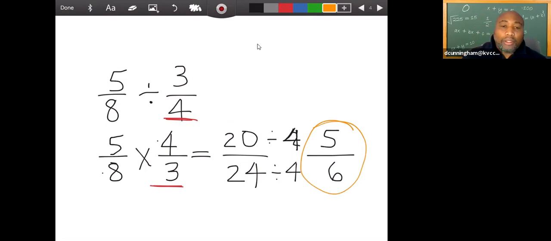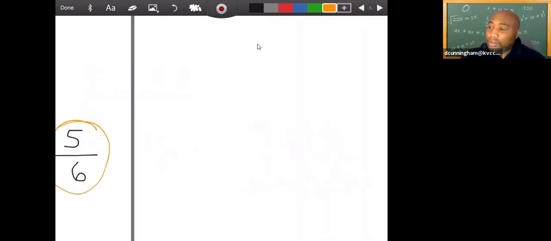So to divide fractions, you don't divide. Let's do another one. You actually multiply and take the reciprocal of the second part of the problem that you're doing. So let's look at a problem here. Let's say we have,